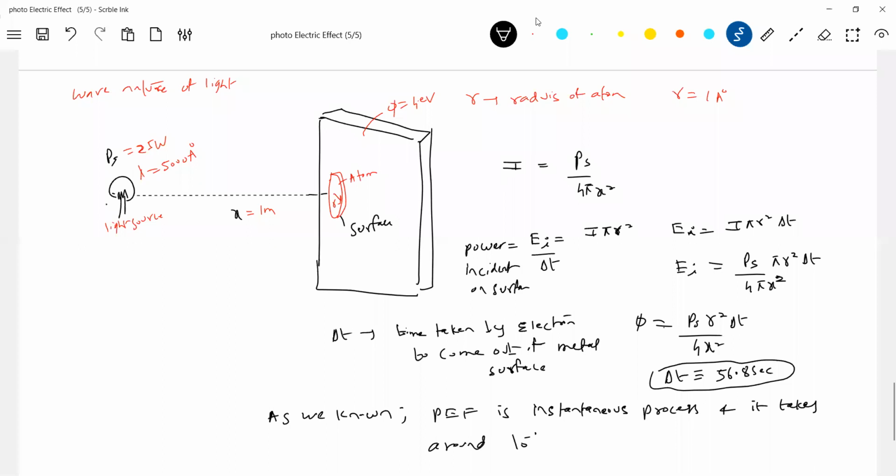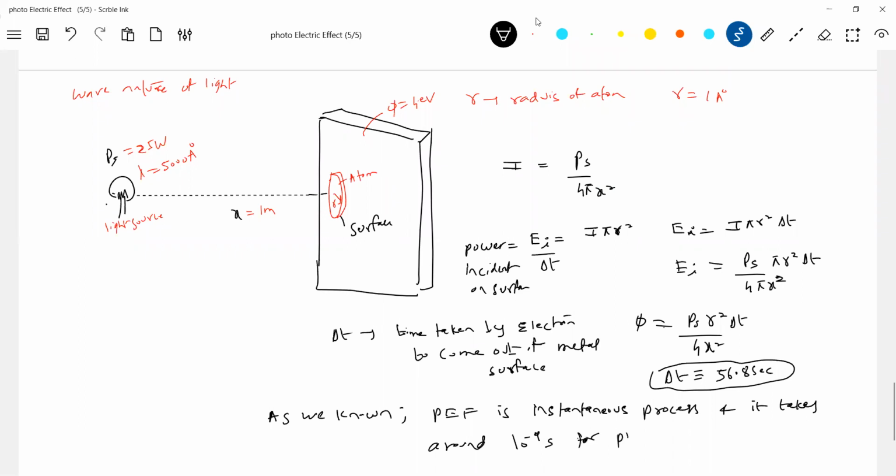Some books give different values. 10 to the power of minus 18 is what you can take. So let me say 10 to the power of minus 8 or minus 9, anything, or less. The photoelectric effect is an instantaneous process, and it takes around 10 to the power of minus 9 seconds or less